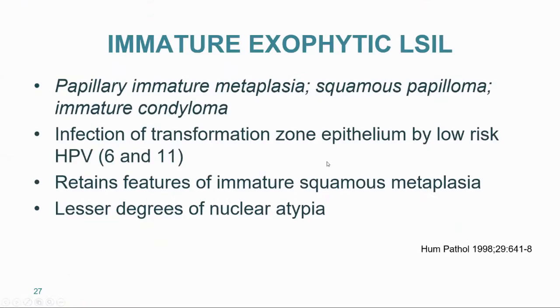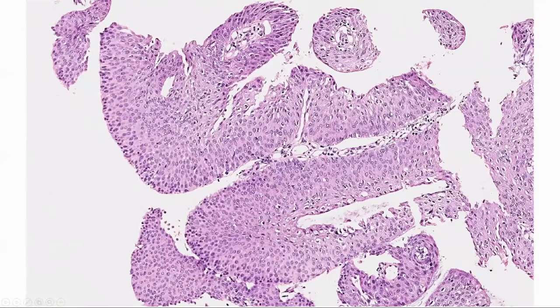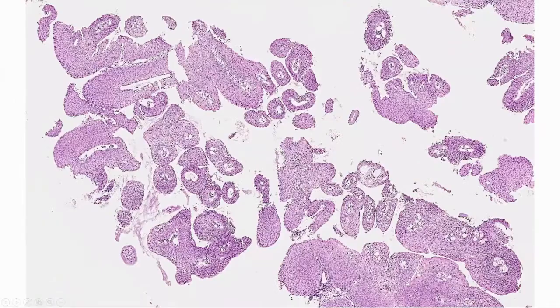This is an exophytic condyloma. There are other exophytic low-grade lesions that have been described under terminologies like papillary immature metaplasia or the so-called squamous papilloma. These lesions are usually related to low-risk HPVs. They will retain features of coilocytosis, but the squamous cell population will not look as mature. It will look like squamous metaplasia. You will identify it as a lesion because it's obviously papillary and exophytic, and it will show coilocytosis in the